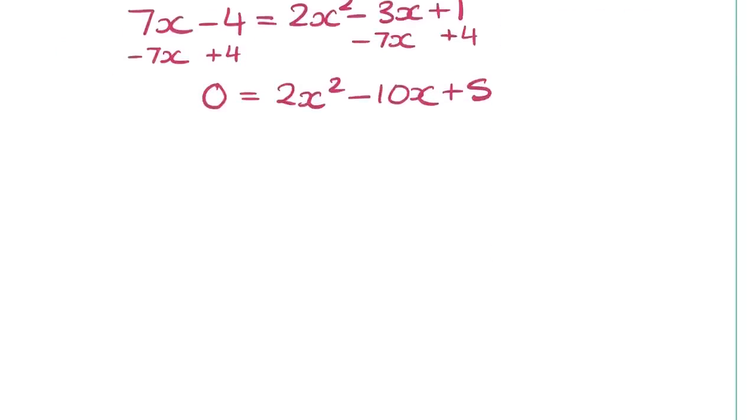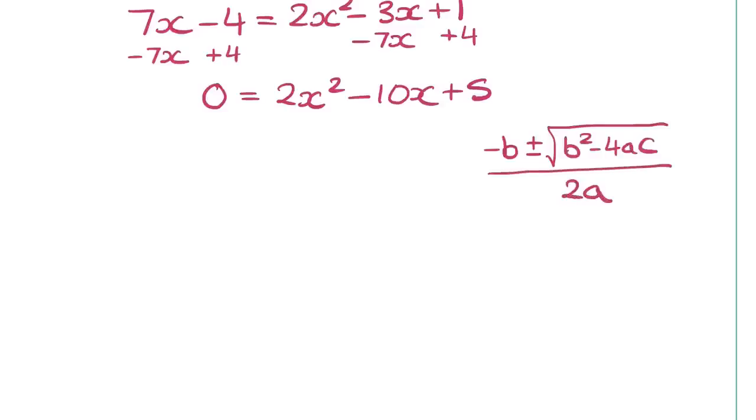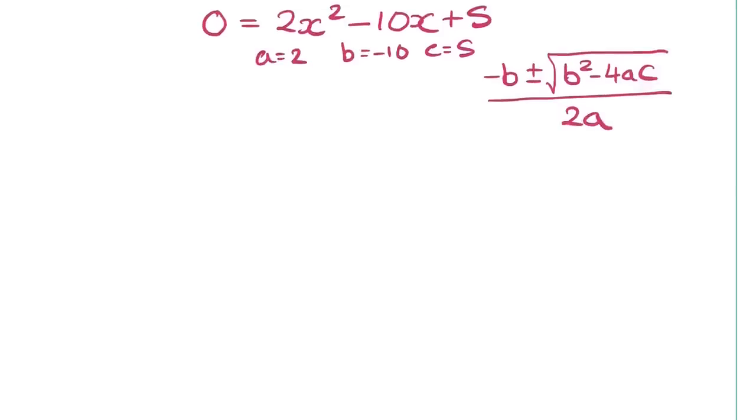So the quadratic formula is minus b plus or minus the square root of b squared minus 4ac all over 2a. In this particular quadratic, we have a is equal to 2, b is equal to negative 10, and c is equal to 5. And if we substitute that in, negative b, negative 10 will be positive 10, plus and minus